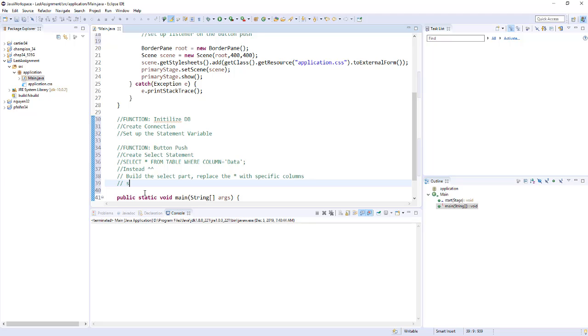So maybe we say string my string equals this at first, and then we go into a for loop, looking at the different checkboxes, or maybe we just check each checkbox separately, and we want to say, as we do those, if something is checked,